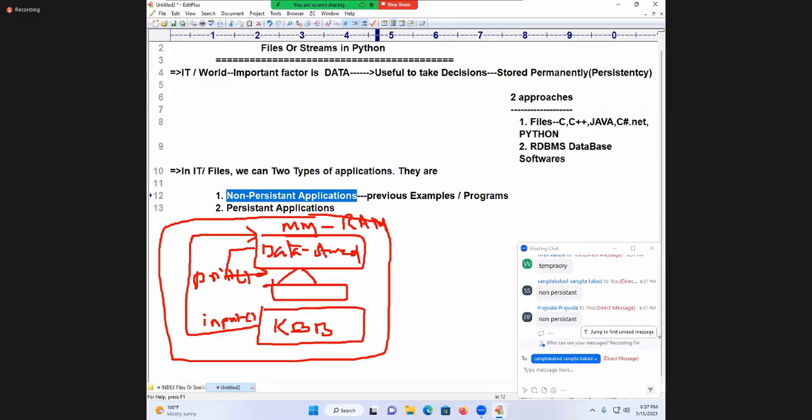Every human being is like this. You go to a bank clerk and give 1 lakh rupees to deposit in your account. He says, okay, come in the evening and take the receipt. You will say, no, give me my money. Even though he is a very good person, you say, enter it into the system and give the receipt. A recorded message will come. That means you are expecting permanent storage.